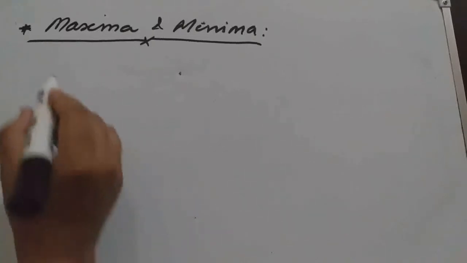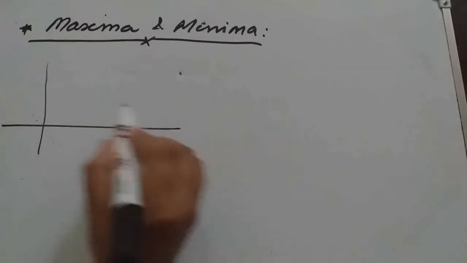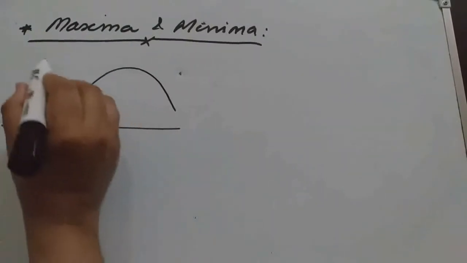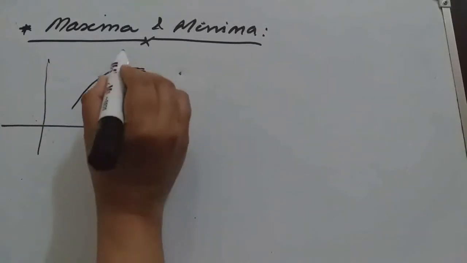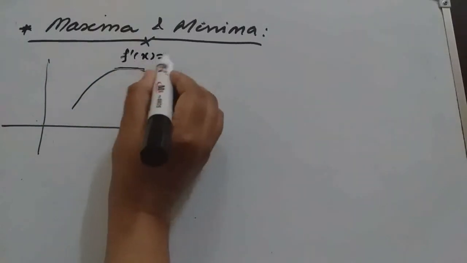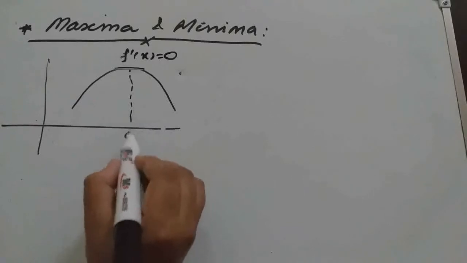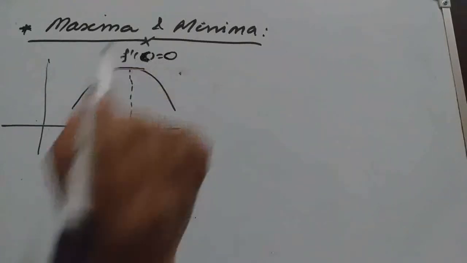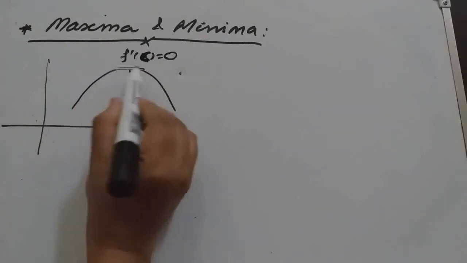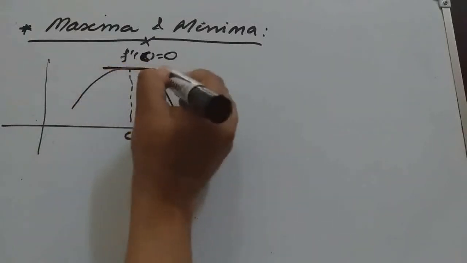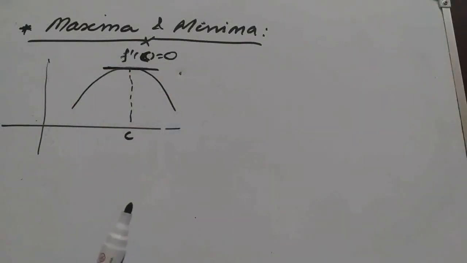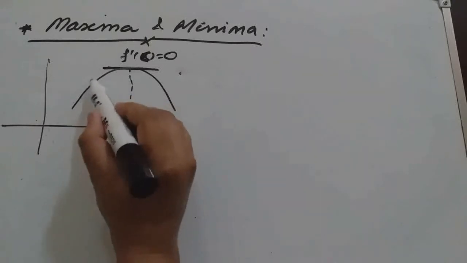In increasing and decreasing function, we saw that suppose this function, at this point f dash of x will be 0. Suppose at point C, so f dash of C equal to 0. That means slope is 0. Now if you observe here,